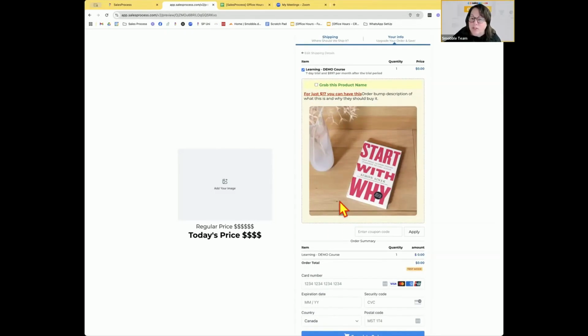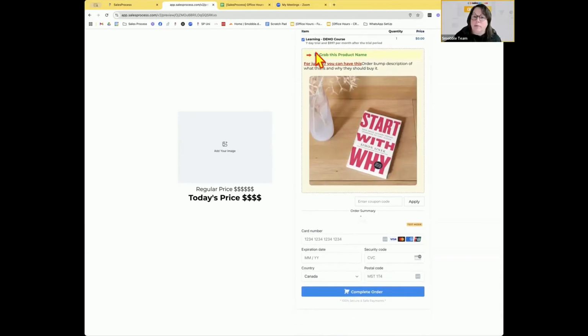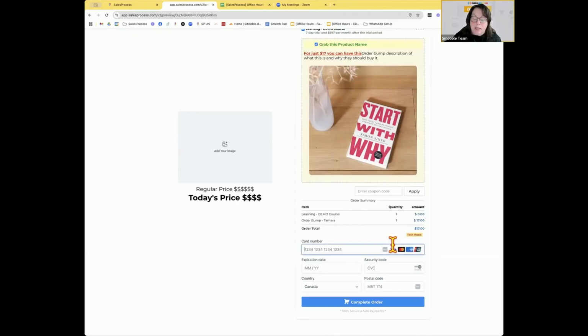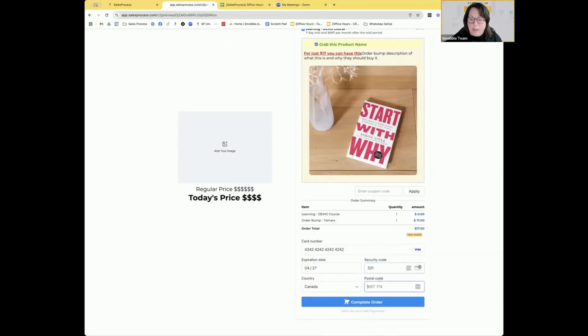So that's how they purchase the order bump. So I'm going to purchase the order bump. I'm going to put in my test credit card and complete my order. And this is going to take me to,